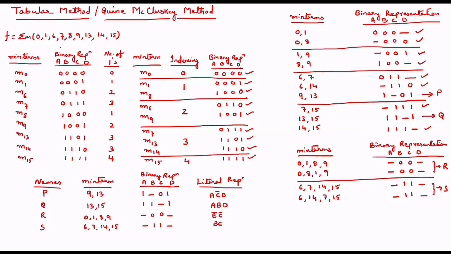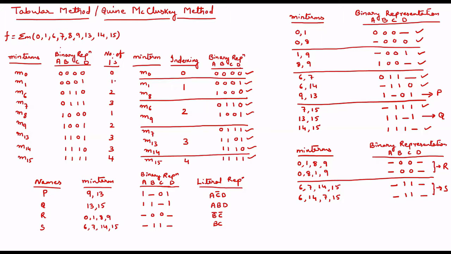In the minterms column, I have taken all these values 0, 1, 6, 7, 8, 9, 10, 13, 14, 15, what is given in the question, and represented them as small m vertically in this column. The next column, I am representing each value in 4 bits: 0, then 1, and accordingly all these values. Once that is done, I am counting the number of ones in these 4 bits. In the first case the number of ones is 0. Here it is 1, here it is 2, here it is 3, then here it is 1, here it is 2, again here it is 3, here it is 3, here it is 4. Accordingly I will give the values over here.